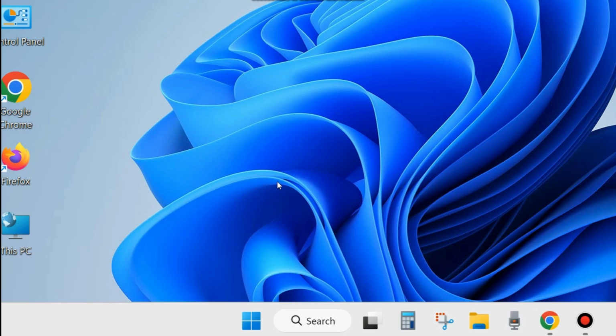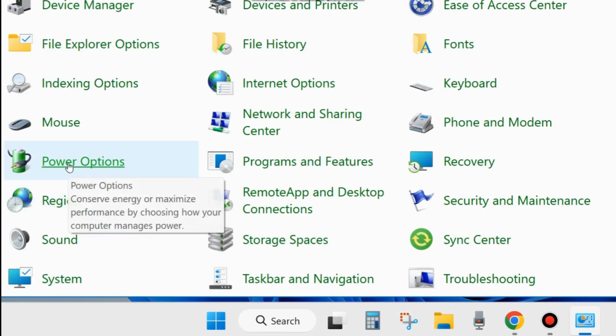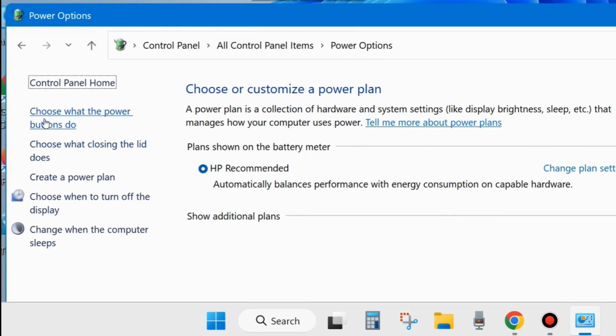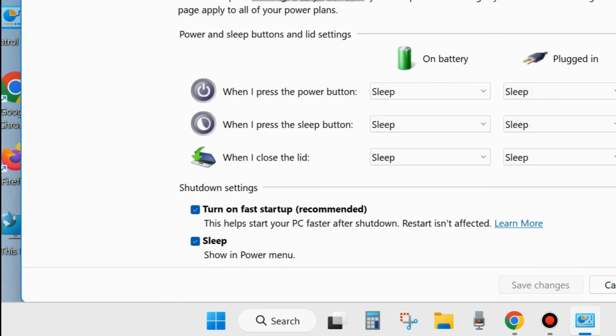The second method is open Control Panel in your system. Here scroll down and open Power Options. Here from the left side click on Choose what the power buttons do. From the right side click on Change settings that are currently unavailable, and here